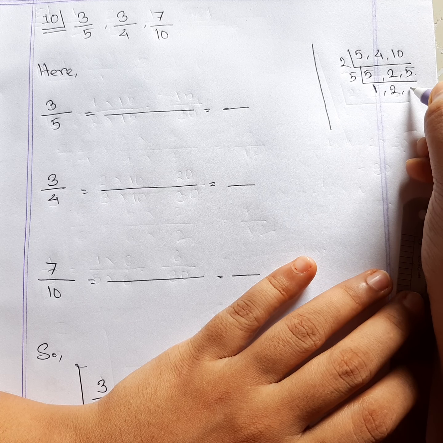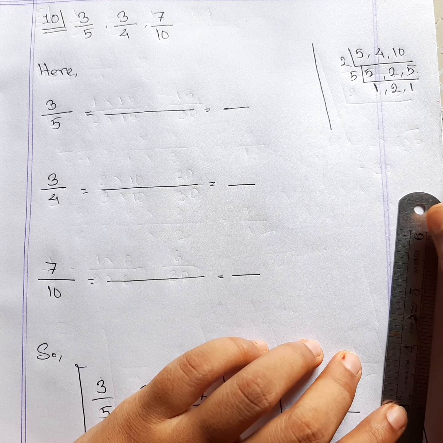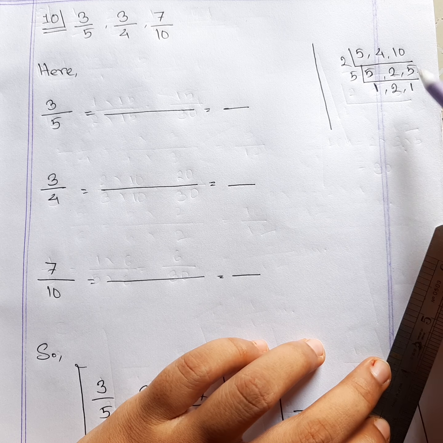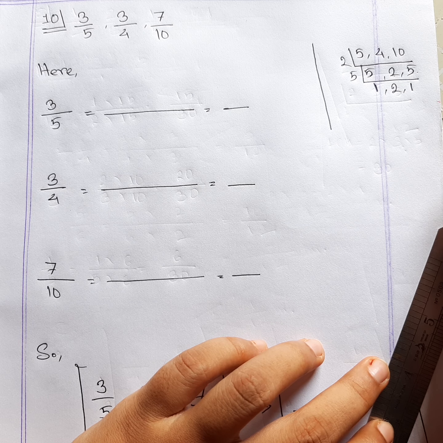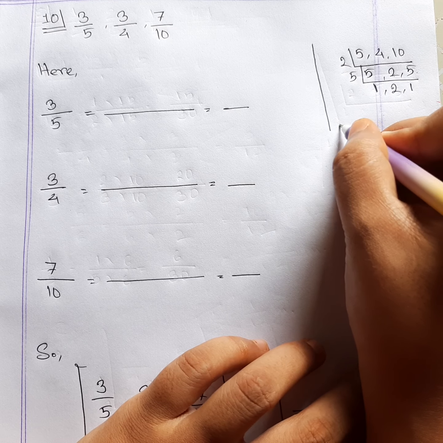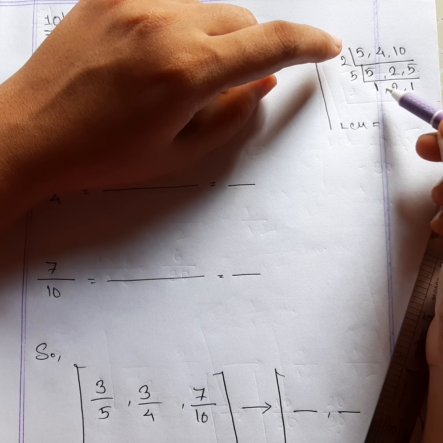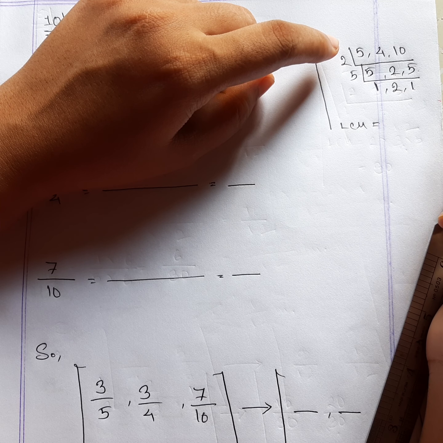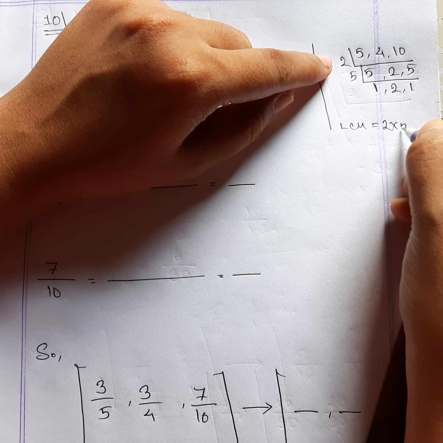I gave you one small video on doing LCM in this way. It's called the prime factorization or Euclid method. So please try to learn that one first. If you need the video link, just ask me, I'm going to show you. Don't worry about it. So finding out the LCM, we are going to multiply. We are not going to put 1, because if you multiply anything with 1, the result will be the same. So we are not going to put 1 in our multiplication.